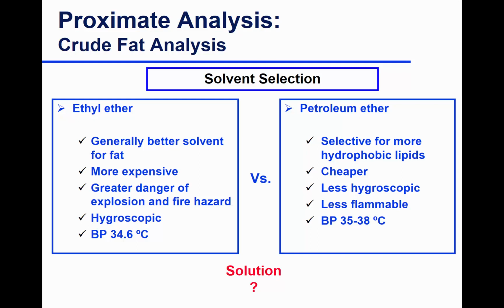So ethyl ether and petroleum ether are the common solvents used, but obviously there are other solvents. Like in industry, they use hexane to extract fat from soy flour after pressing the oil out. So hexane is a good solvent, chloroform is a good solvent. So you will see different methods using different solvents, but the methods we've used in the lab commonly use ethyl